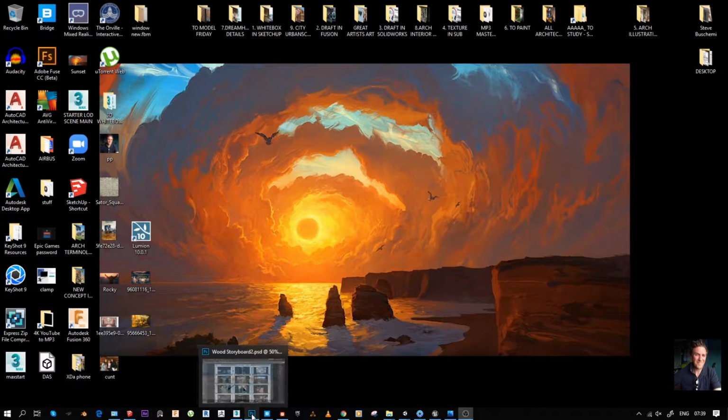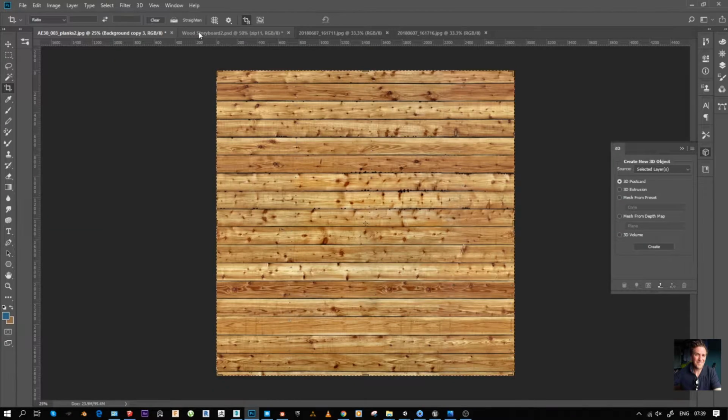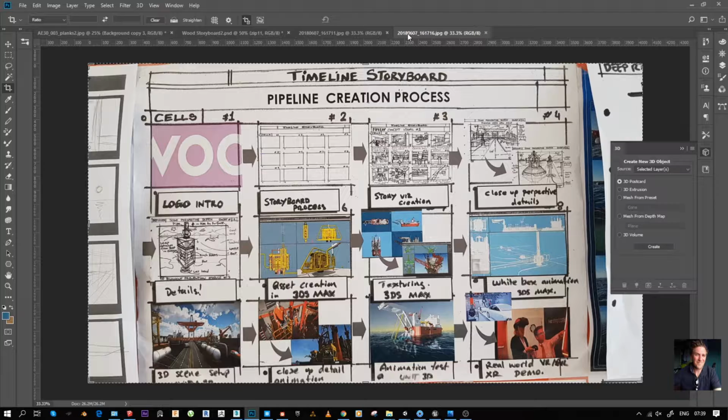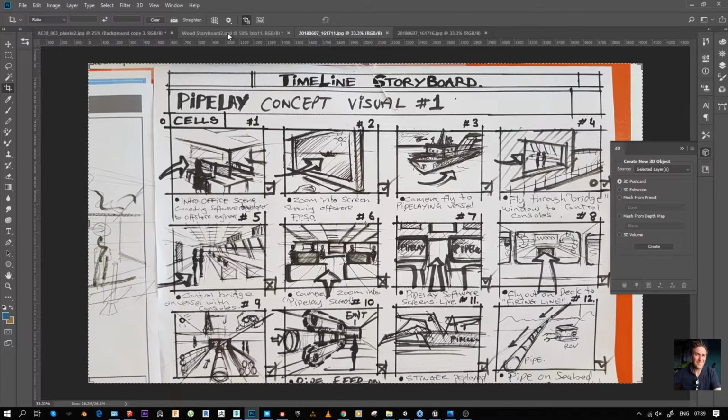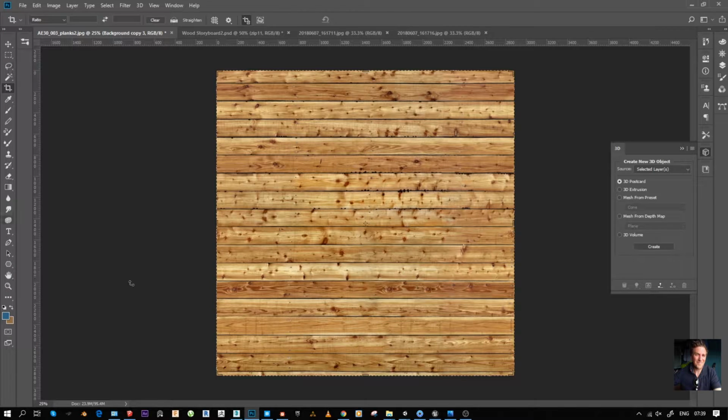So, of course, the industry standard is to use Photoshop. Some people use CorelDRAW, Illustrator, other software. I like to use Photoshop. I'm an expert in Photoshop. I have a background before in graphic design and web design. But in Photoshop,